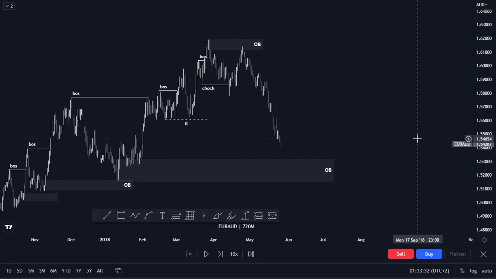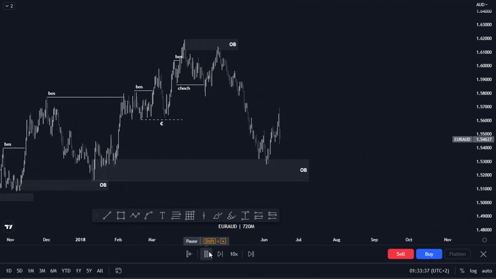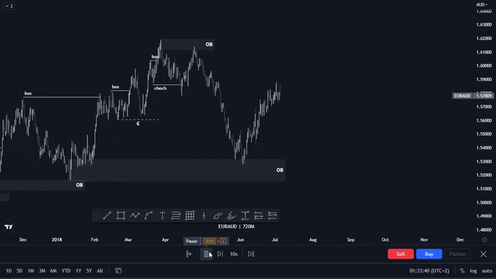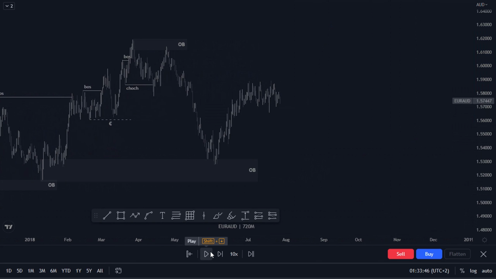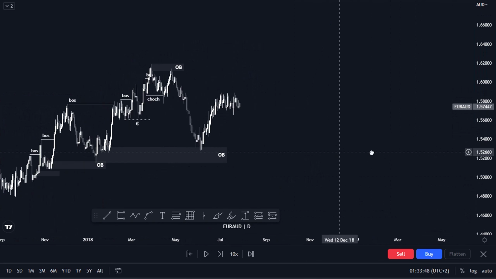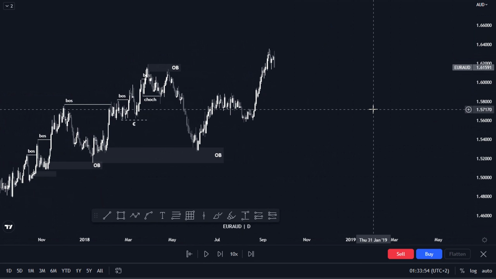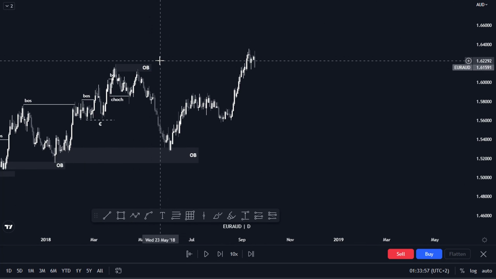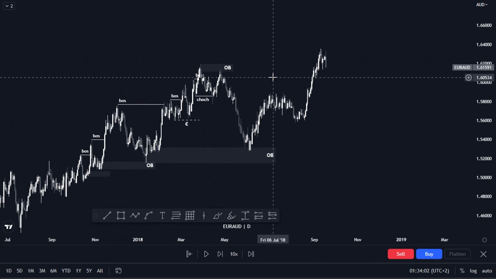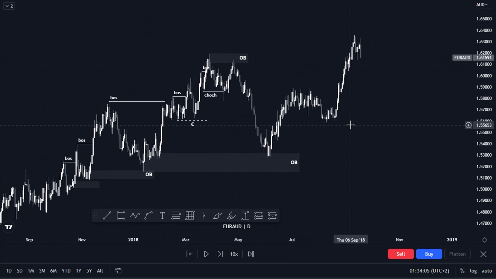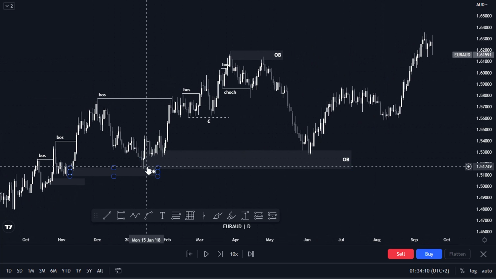So let's see what price does. Price taps into our order block, and eventually it pushes to the upside. Okay, let me just move to the daily chart. And price violates our previous high, tapping into our take profit. Okay, and just like that, you traded this pullback here, and you traded the trade to